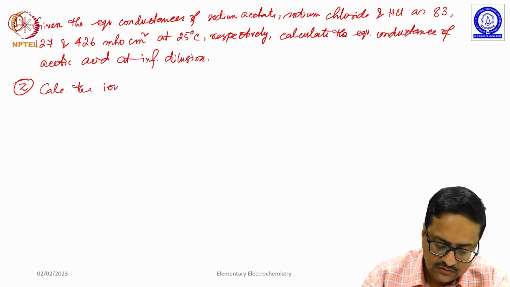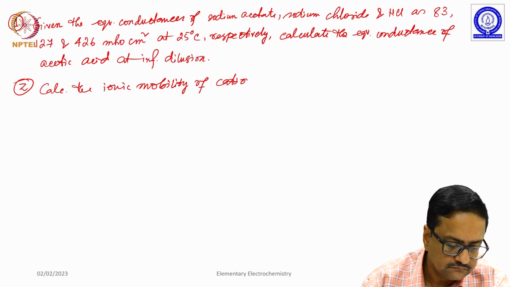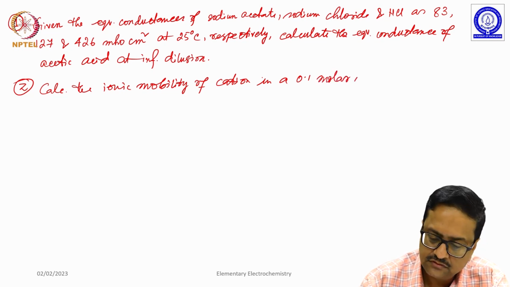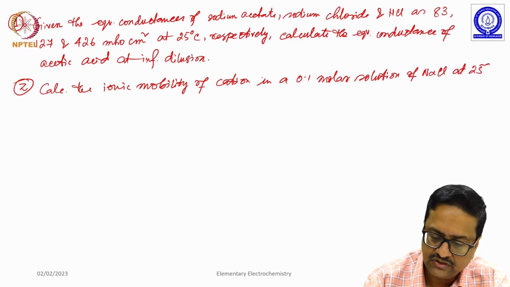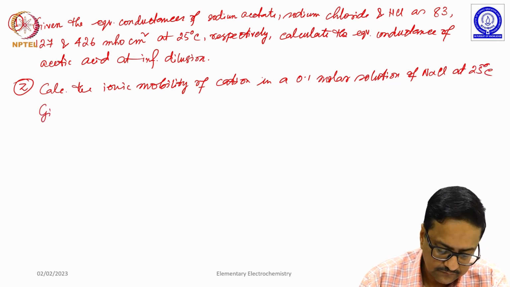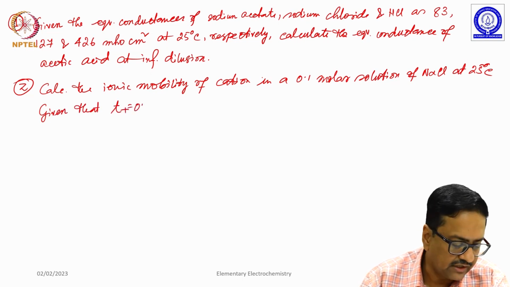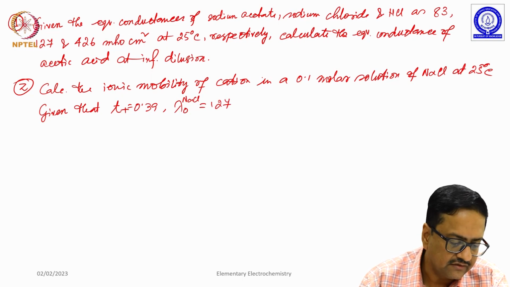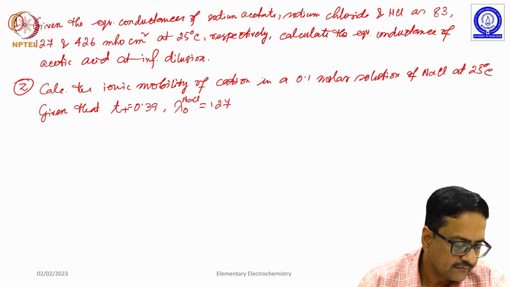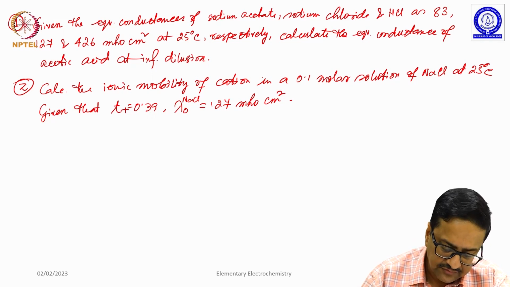Calculate the ionic mobility of cation in a 0.1 molar solution of NaCl at 25 degree centigrade, given that T plus is equal to 0.39 and lambda 0 for NaCl is 127 mho centimeter square. And the third problem is the following: